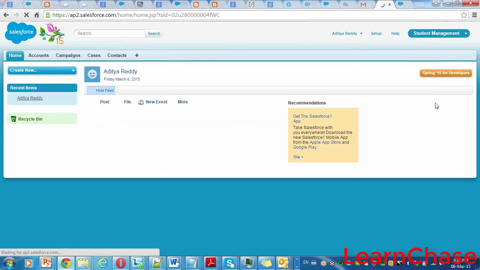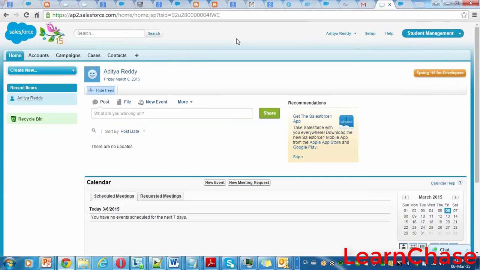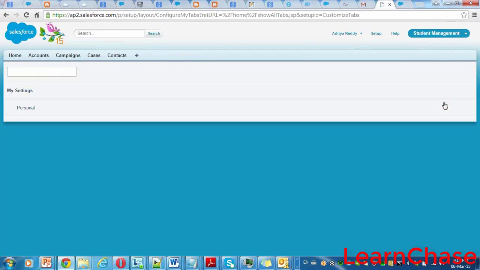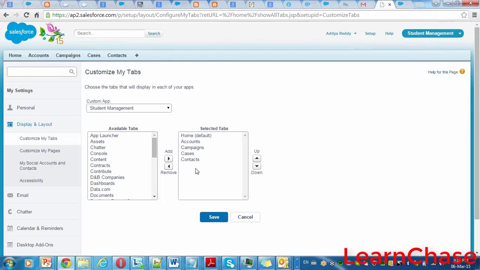If you want to select some more tabs in future, you can go and select them here. Click customize my tabs, select, drag, add, and then save it. You're clear as of now, right? Now we have completed application creation.